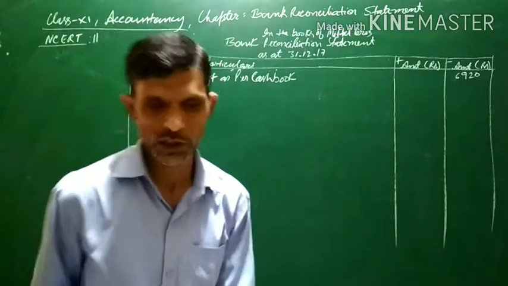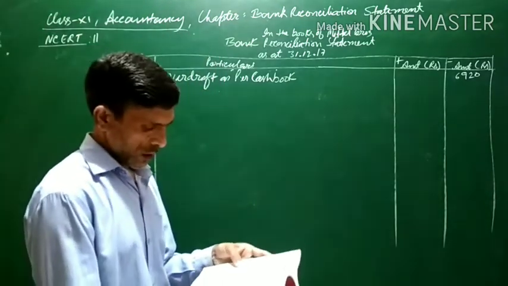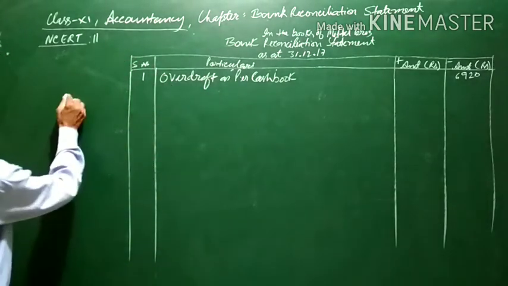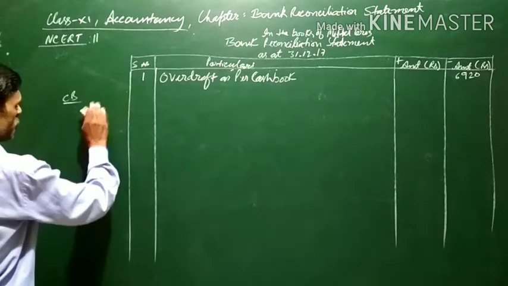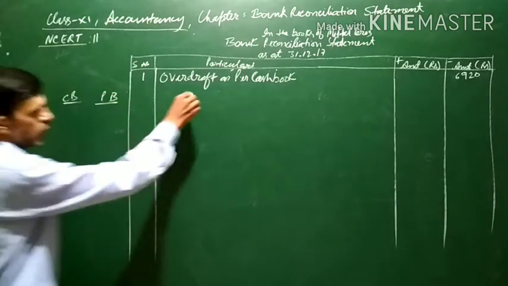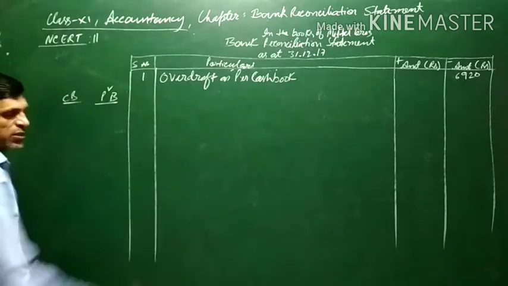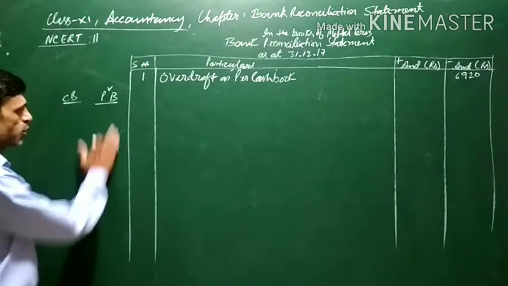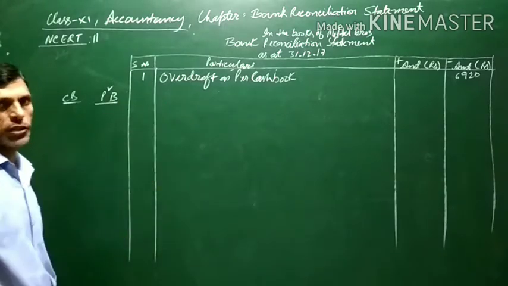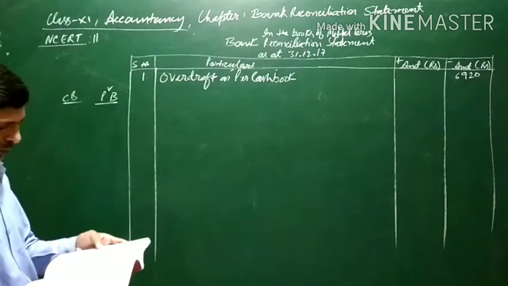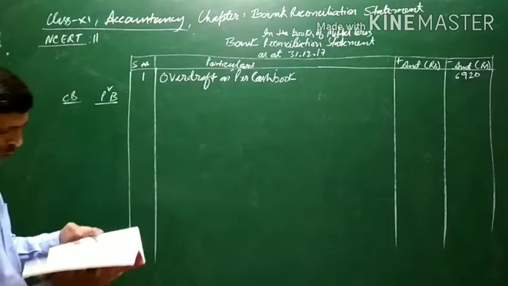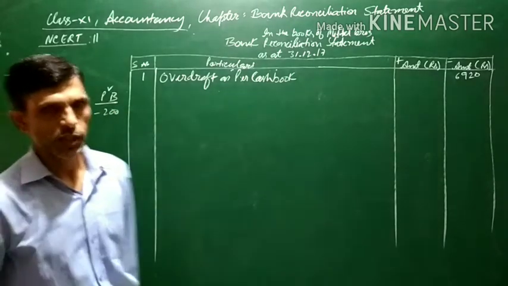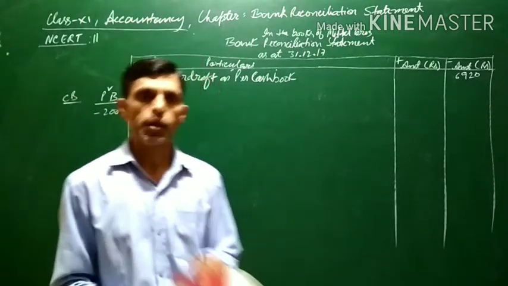Now let us see what are the various other transactions. Before doing this, again, cash book, PB for passbook. Now we are starting with cash book, so we will get the balance as per passbook. We will solve the question on the basis of what has happened in the passbook, and accordingly write in the plus column or the minus column. For example, the very first: debited by bank. If it is debited by bank, there will be a deduction in the balance as per the passbook.